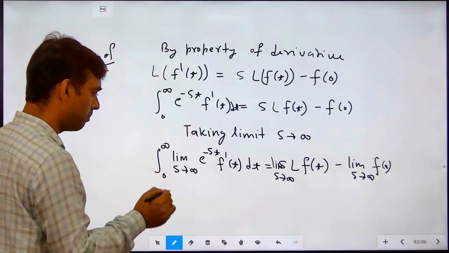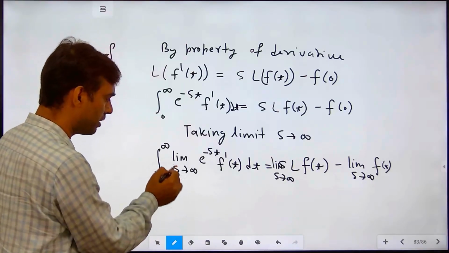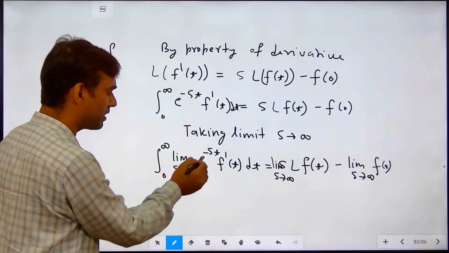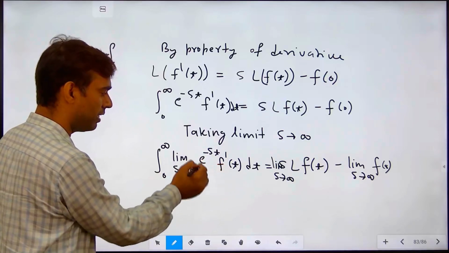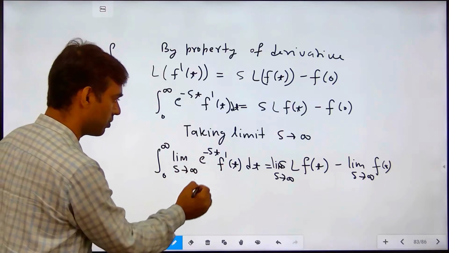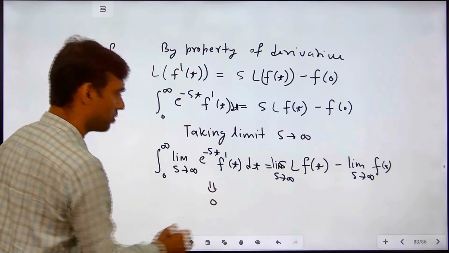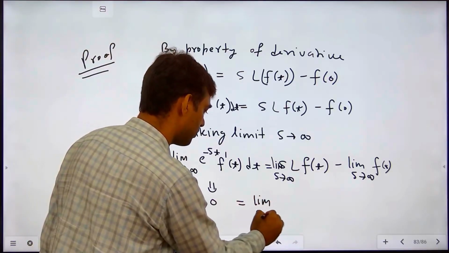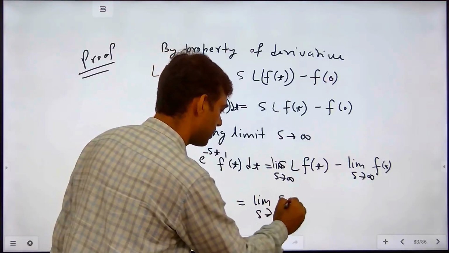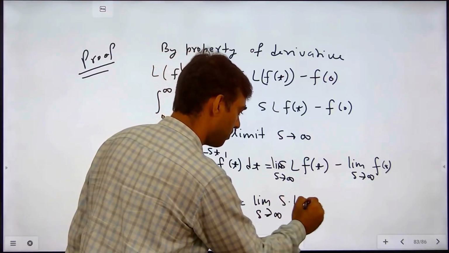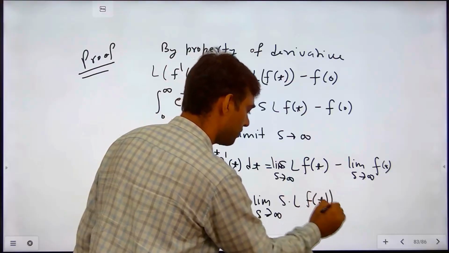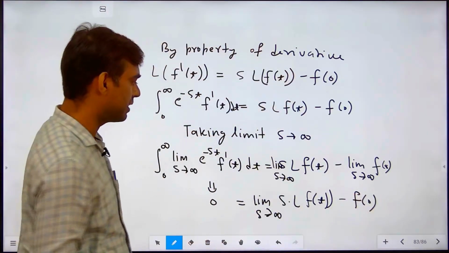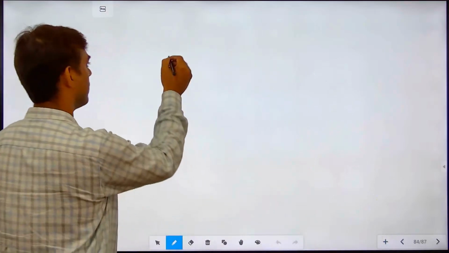Now, if we closely observe the limit s tends to infinity of e to the power minus st f dash t dt, since f dash t is free from s, we get e to the power minus infinity, so this limit becomes 0. So 0 equals limit s tends to infinity of s times the Laplace transform of f(t) minus f(0), since this one is free from s. So, after simplification, the result is f(0)